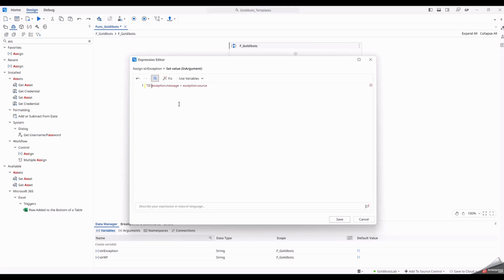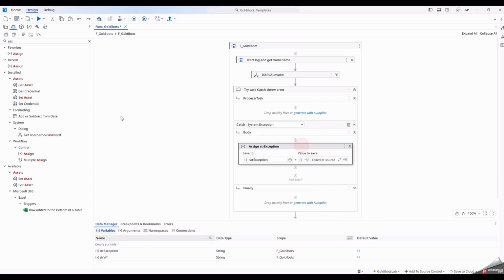So we got se failed at source, and we'll put the source there, and then, because don't forget the spaces, otherwise all these will just merge into one big string, the error message, and then we can add, as we've done in the other ones, our STR workflow, so we always know where we are. And again, what we need to do here is throw,